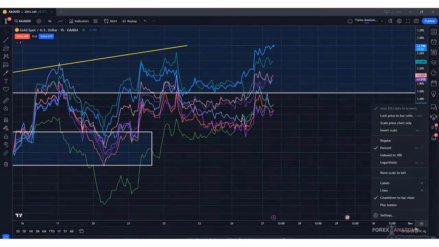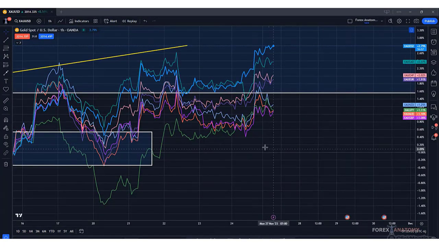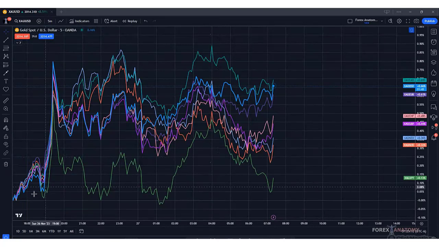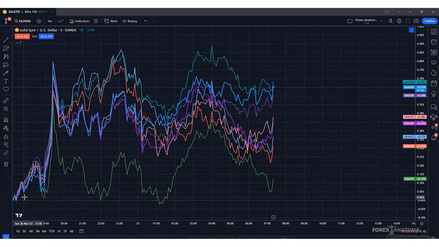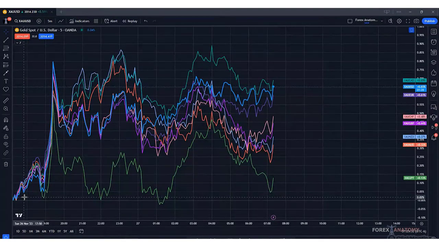Let me see. I'm going to do the labels so we can see which currencies are leading. Now, this is on the 1 hour, but I'm thinking about moving it lower to maybe the 5-minute chart, so we can have a solid idea of what currencies are the strongest. Since we're looking at these currencies relative to gold, and the currencies are the counter currency in this gold pairing that we see plotted on this chart,